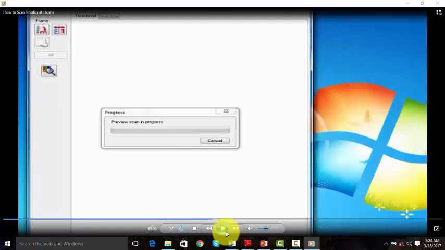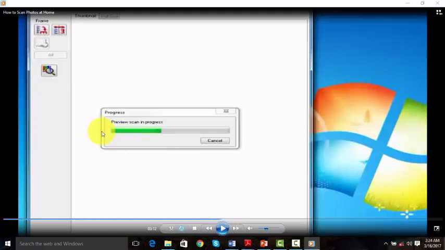You can either command from the scanner or you can command from the computer system. And then what we are seeing here is a progress bar to show us that the photos, which are hard copy, are now going to be changed or converted into electronic files.